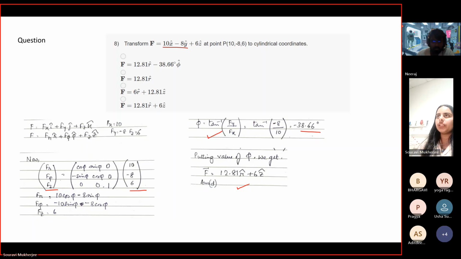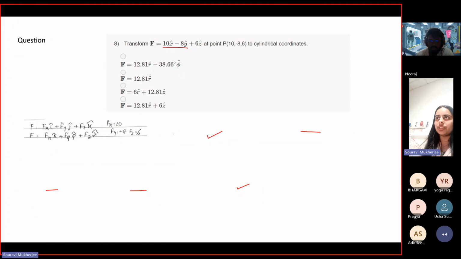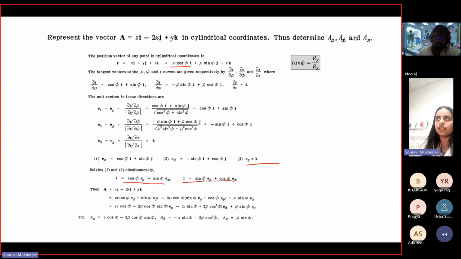If it was not constant, if it was some other expression, then you would also have to change that expression based on these relations, the parametric relations, which tell you how to change x, y, and z. Because these were constants, we did not change anything. We did not have to. But if there were expressions, as in the question here, you have to change them according to the parametric relations.